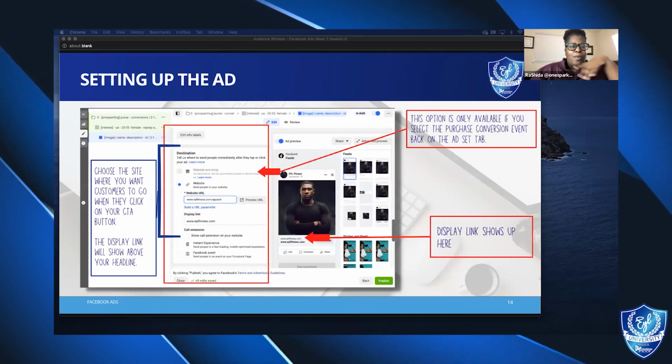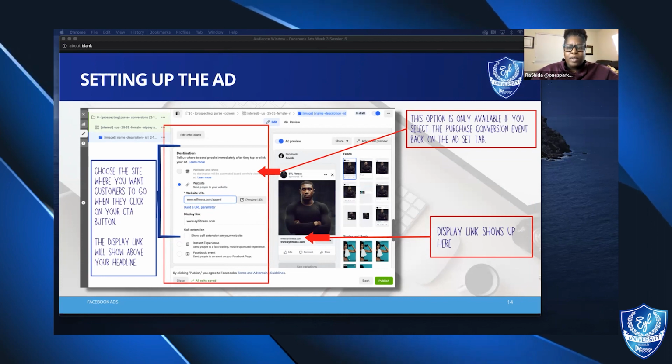All right, so we're almost at the end. The next section is to choose your destination. Right? Where will you be sending customers when they click your call to action button? And if you don't have a website, because I remember somebody asking that question, that is okay. Guess what? You might not be sending them to your website. Guess what? You can send them to